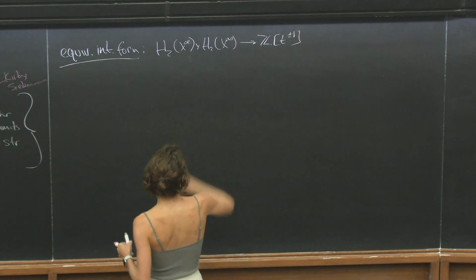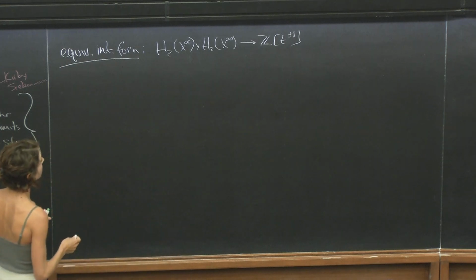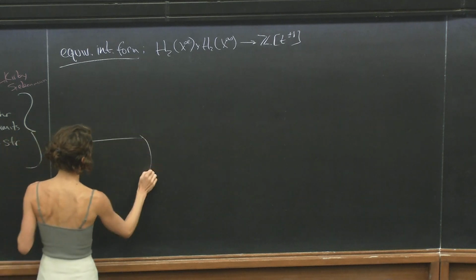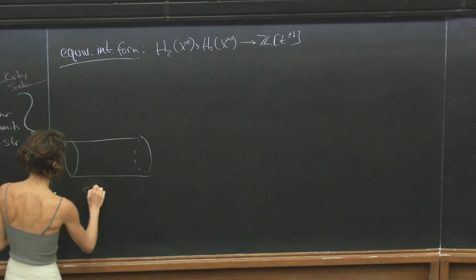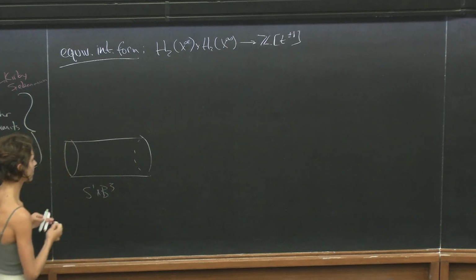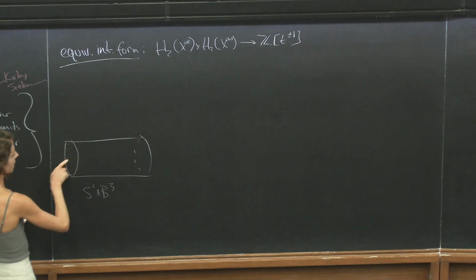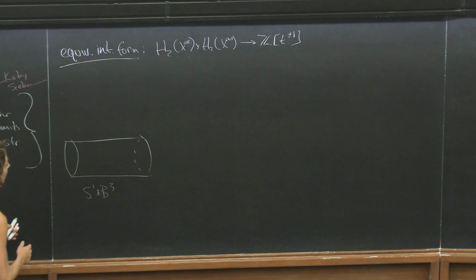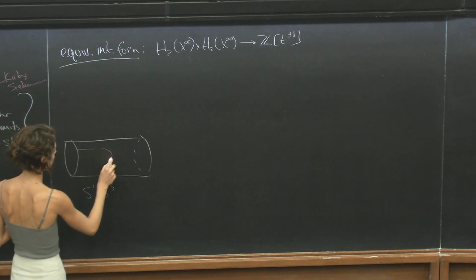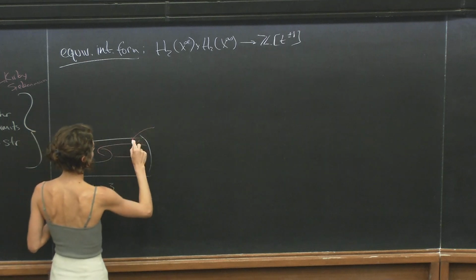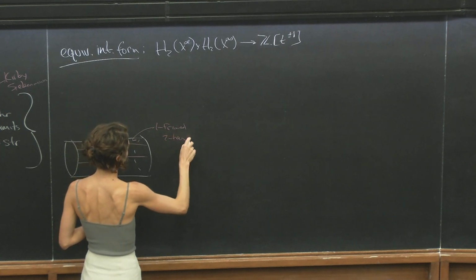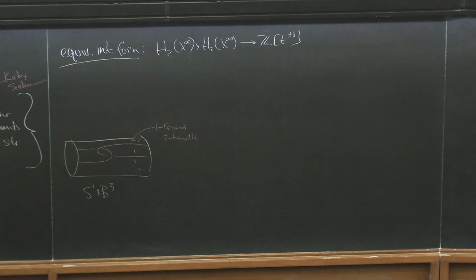I'll tell you in just a second exactly what it does, but before I do, let me get a running example going. So maybe you want to think about your manifold as being S1 times B3 for starters. I'm imagining this tube, there's an S1 like this. I haven't identified the ends, but you can. And then I want to attach a 2-handle to this, maybe like this. So this is a perfectly nice, very simple 4-manifold with pi1 Z.